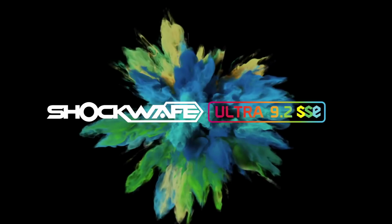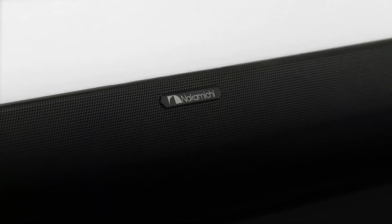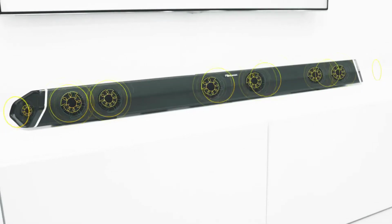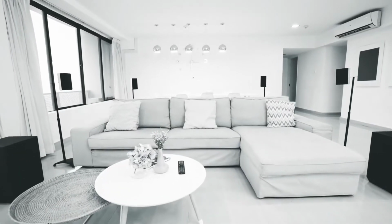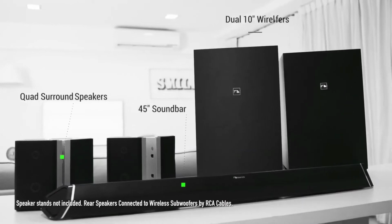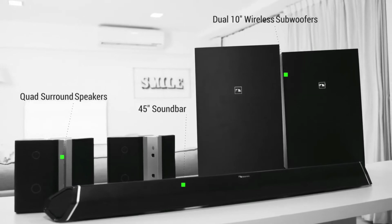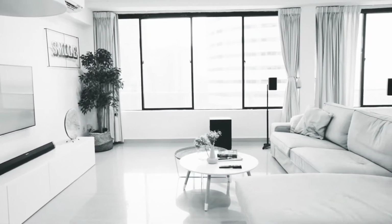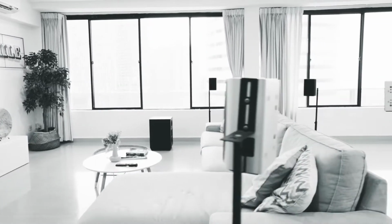Introducing the Shockwave Ultra 9.2 channel home theater system, a fundamental disruption in home entertainment design, combining 8 speaker drivers that are built in the soundbar, 2 10-inch wireless subwoofers and 4 surround speakers. The Shockwave Ultra 9.2 theater system has unified the plug-and-play simplicity and acoustic requirements of a great sounding cinema, creating a hybrid solution that enables anyone to get the maximum cinema experience at home with a setup of approximately 30